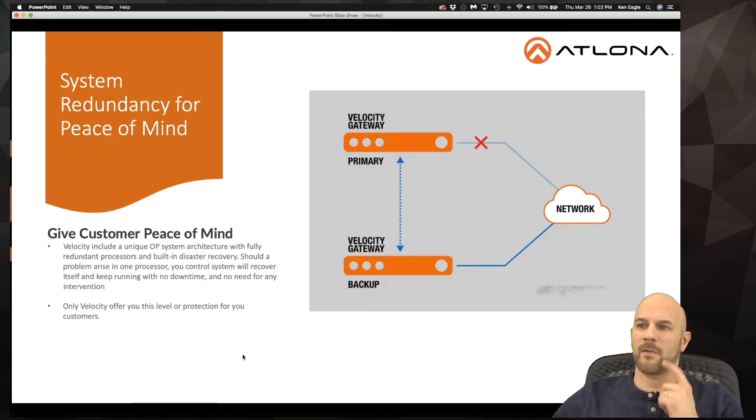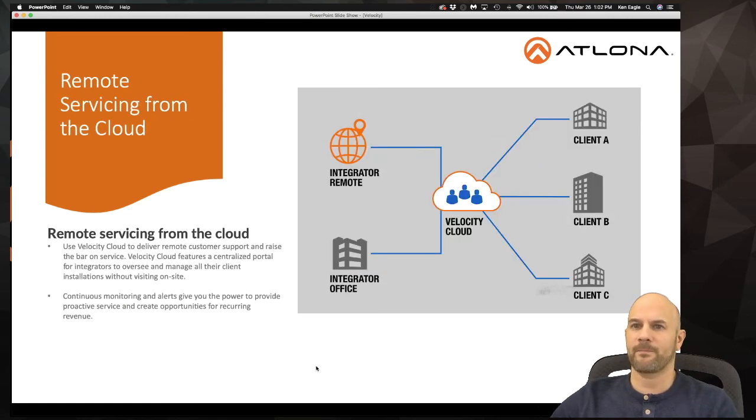Now let's look at a couple of the cool features here behind Velocity. First, system redundancy. We talked about that earlier. You can pair 2 Velocity gateways together, create that redundant control solution. Next is remote servicing from the cloud, which we talked a little bit about as well, meaning that as an integrator you have access to the complete AV solution of your customer, on-site or off-site through the